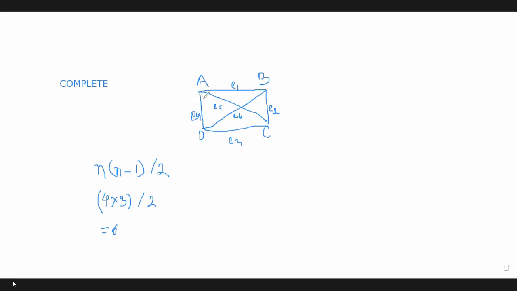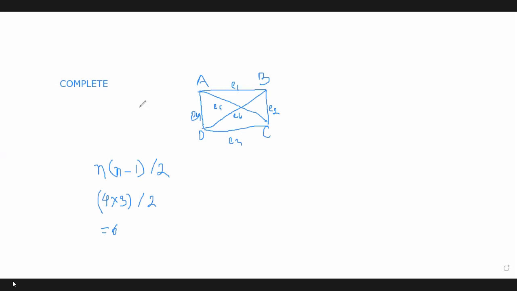But in a complete graph, if we want, can we add a loop? What is a loop? The starting point and the end point are the same. So here, can we take a loop? No. In a complete graph also, we cannot assign any loop. Okay, so now the next one is multi-graph.